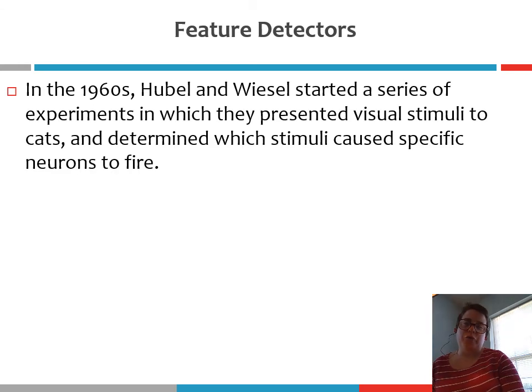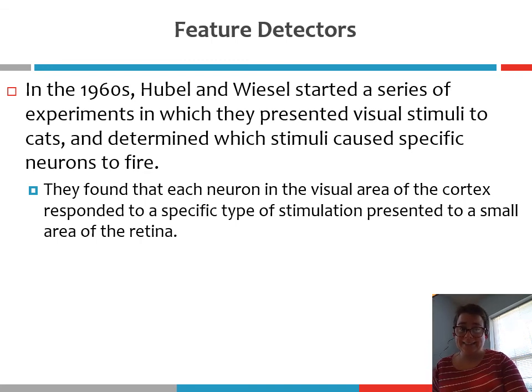Okay. So most of the early attempts to address the sensory coding problem were localized to research in the area of vision, right? And a lot of this research was focused specifically on animals. So one of the most famous studies in this domain was conducted in the 1960s by Hubel and Wiesel. Okay, so what they did in their experiments is they used cats and they projected various kinds of visual stimuli